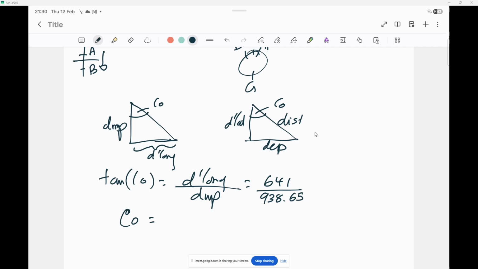So 938.65, tan inverse 641 divided by 938.65, which is